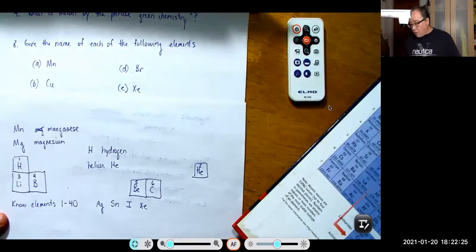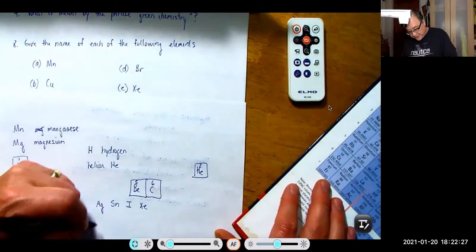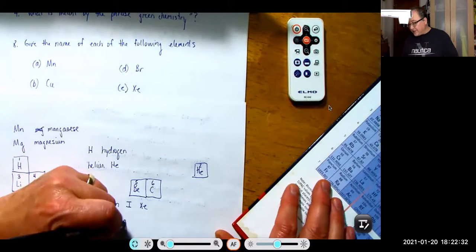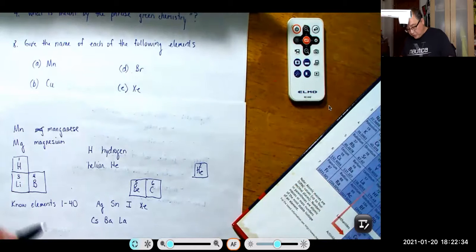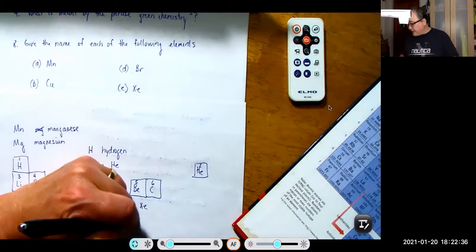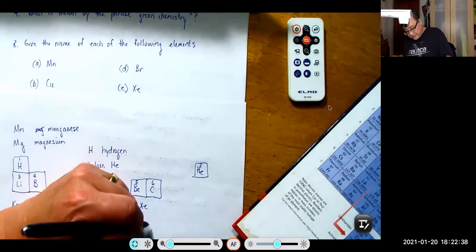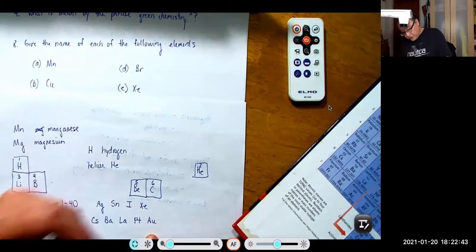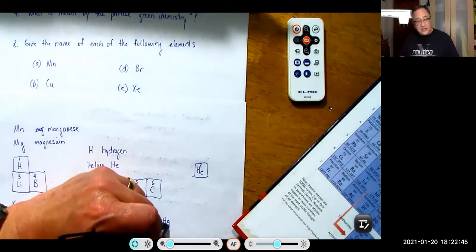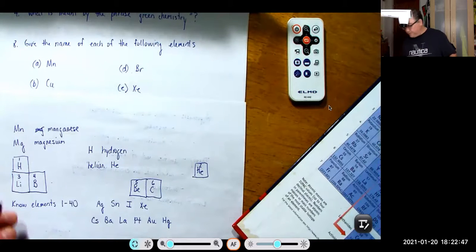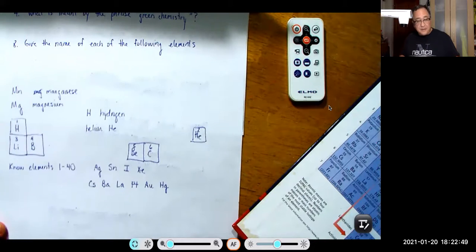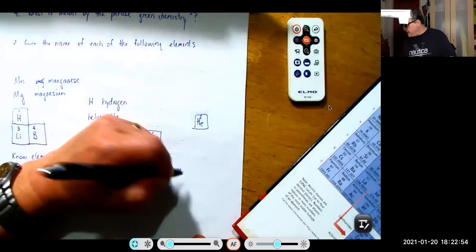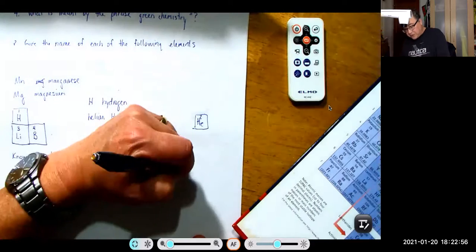Okay, there are more. You should know cesium, barium, lanthanum. You should know Pt, which is platinum, Au, which is gold, Hg, which is mercury. I'm going to move this piece of paper up. You should know Pb, which is lead, Po, which is polonium,